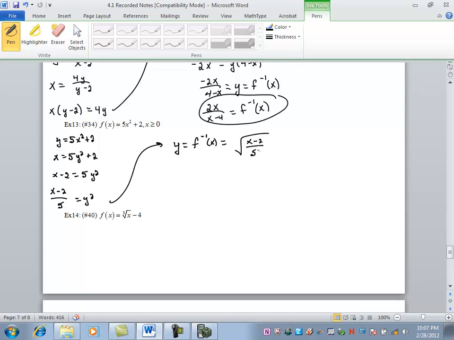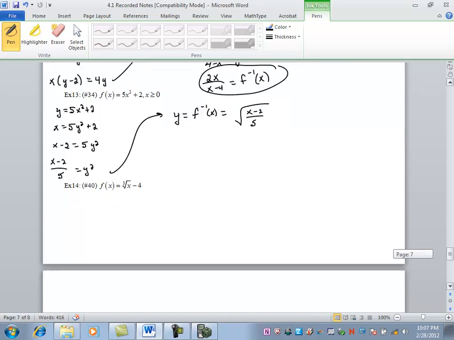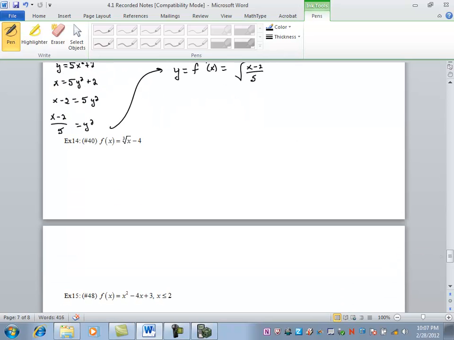Now, you say, well, don't we have to take a plus or minus here? Well, yes, but remember, x is restricted so that it's greater than or equal to 0. So y equals f inverse of x equals the square root of x minus 2 all over 5. Alright? Questions there? And then on this last, or on 14 here, example 14, y equals the cube root of x